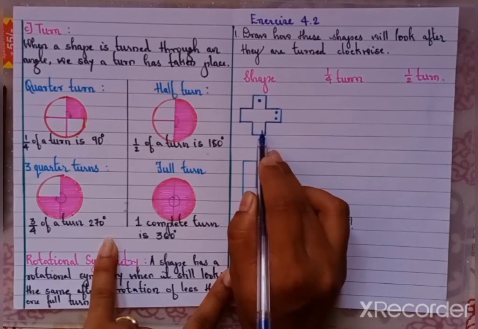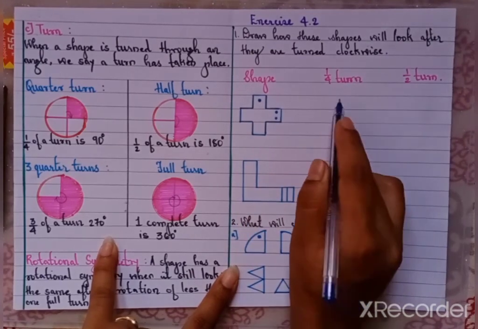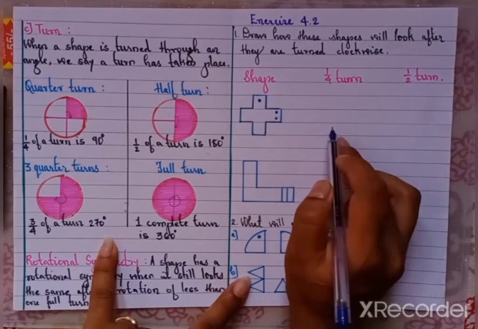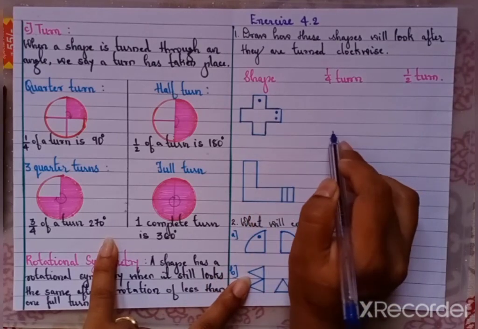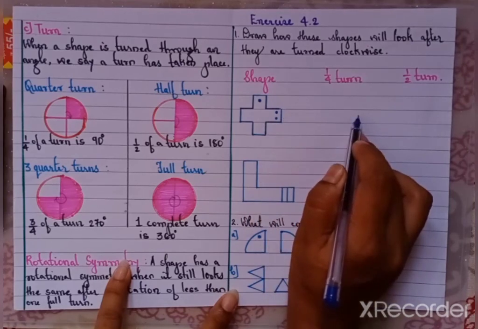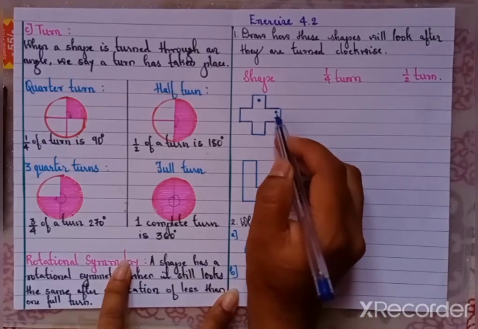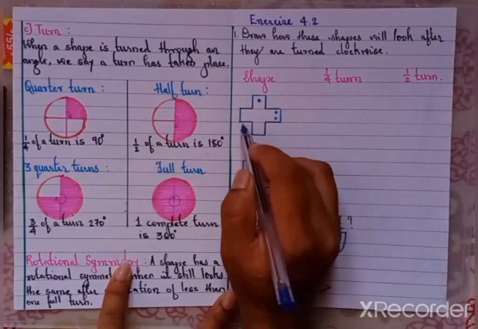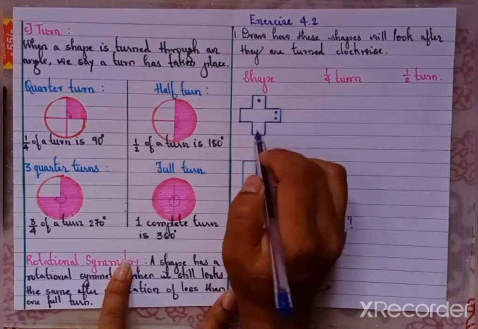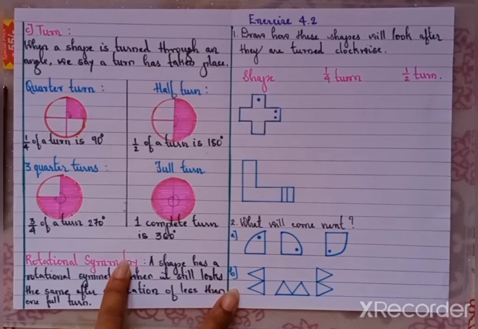These 2 dots will come here, and this single dot will come this side. So we have to draw the same figure, okay, and these 2 dots will move here, and 1 single dot will come to the right side. And if it is half turn, it means completely we have to cover the 180 degrees. So this dot will come here, and single dot will come this side. Okay, so let's draw and understand.